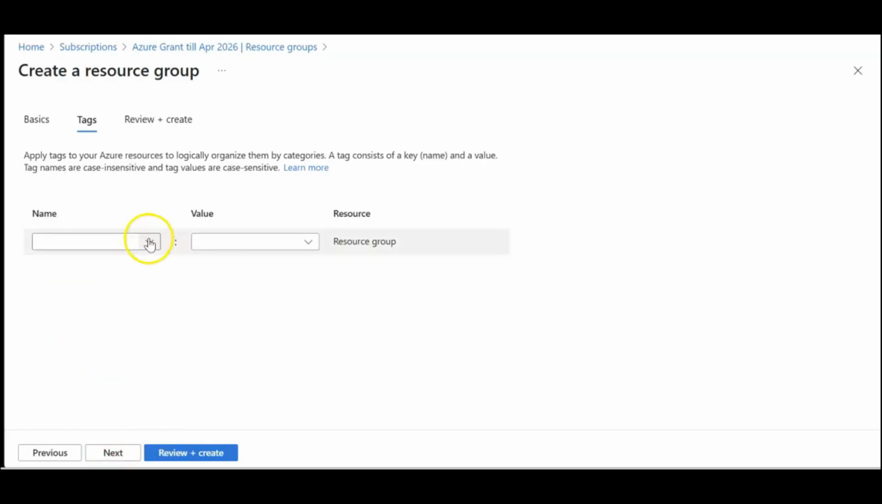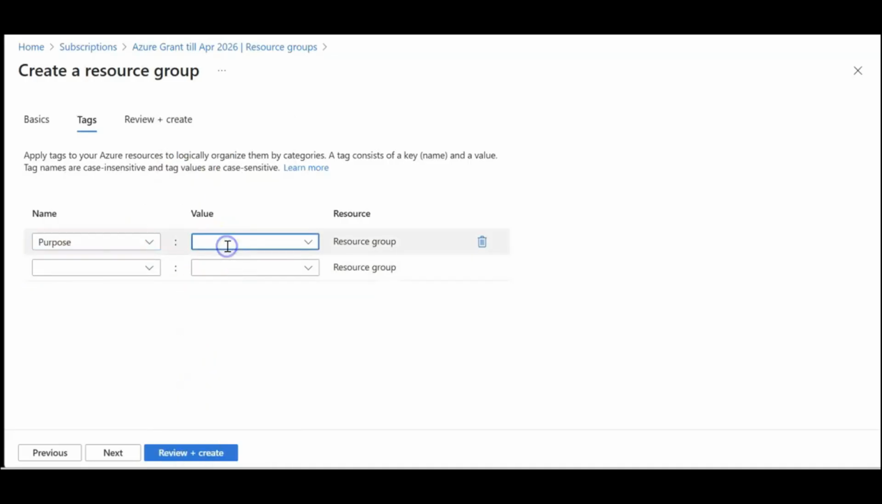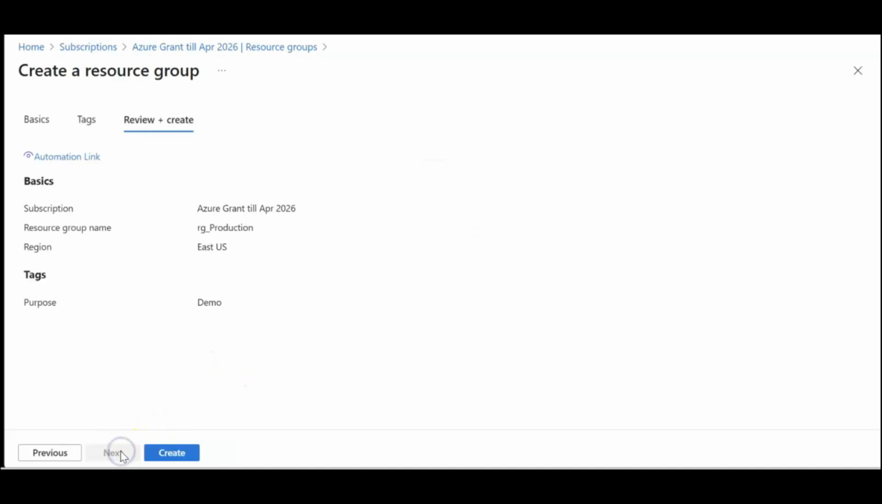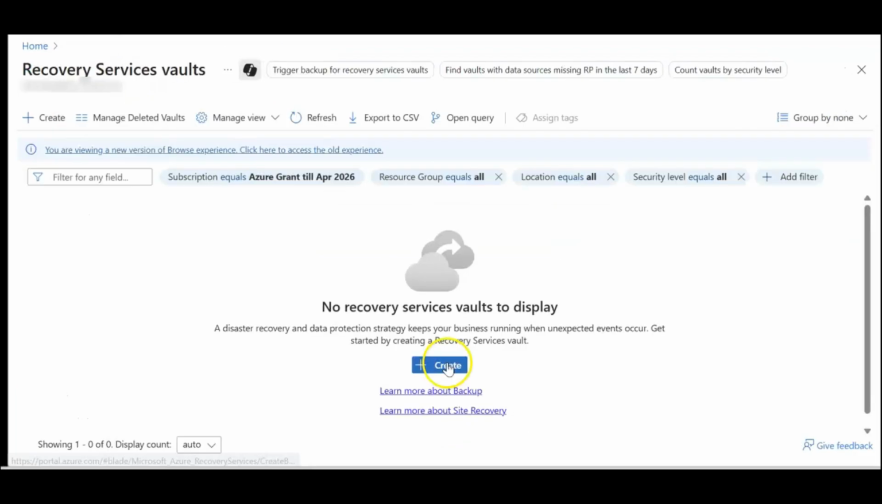Tag it if you want to. If you don't remember a couple of months from now what this was for, this is going to be helpful. So I'm putting purpose and demo, and create. That's simple. Go into that resource group, and the next thing we're going to create is a storage area for